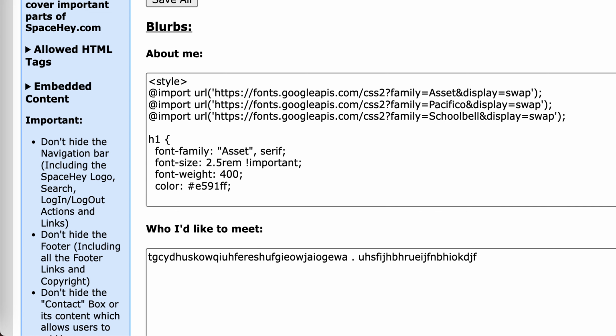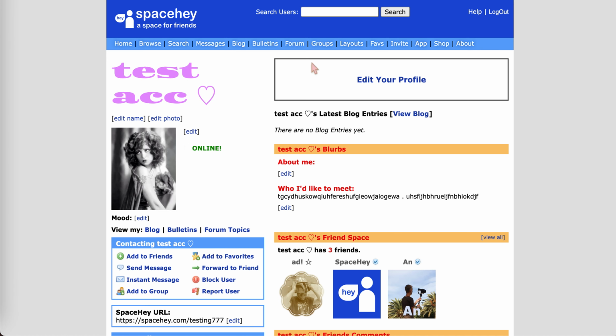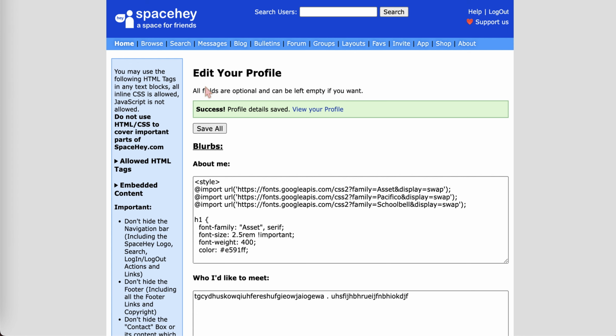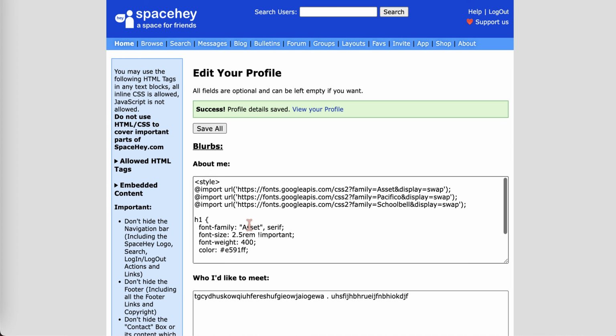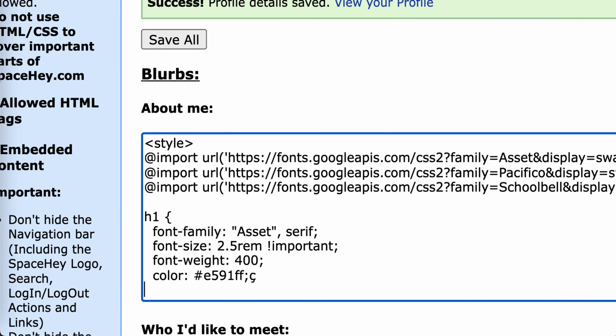And as you can see, it changed. Next of all, I'm gonna show you how to separate or make these letters have a gap in between them. So to do this, you will write letter-spacing, just like that. And over here you will want to put all the pixels that you want in between the